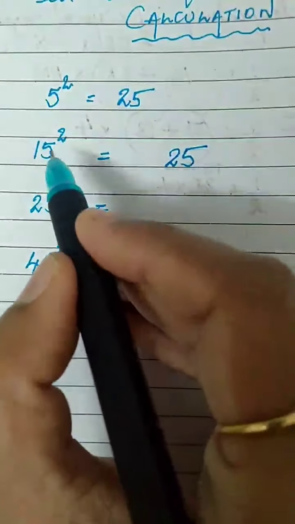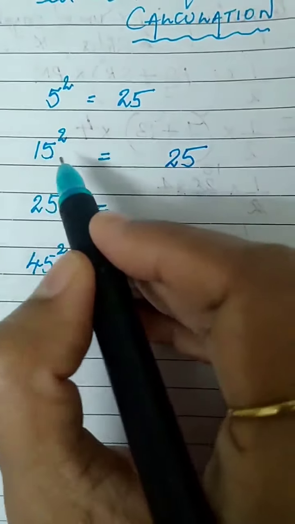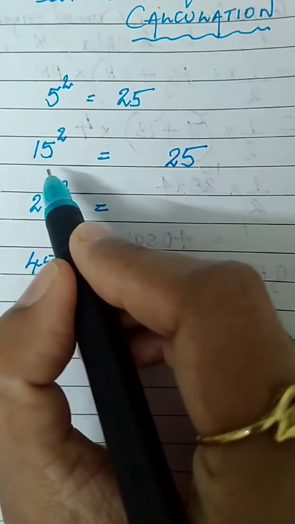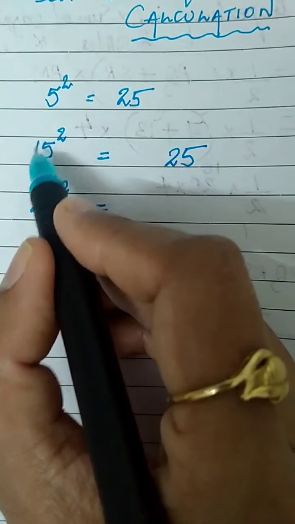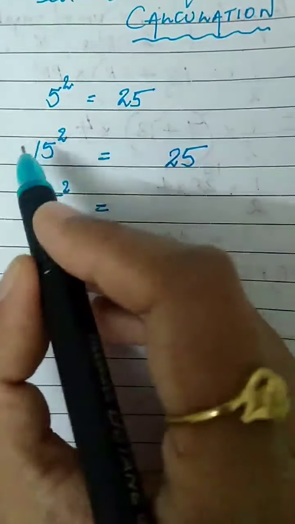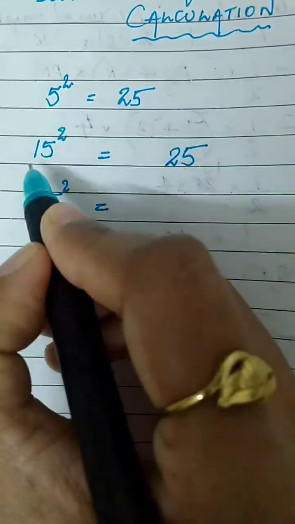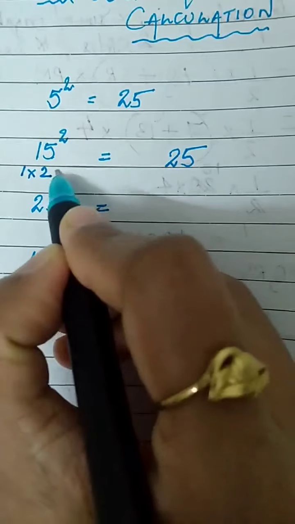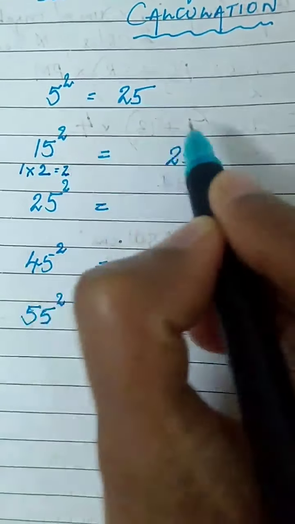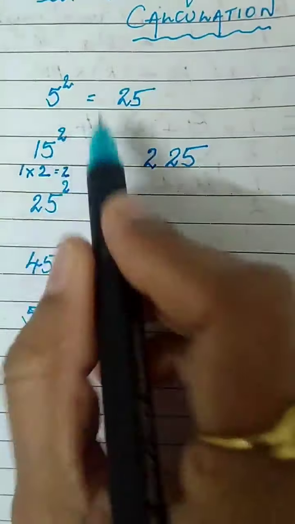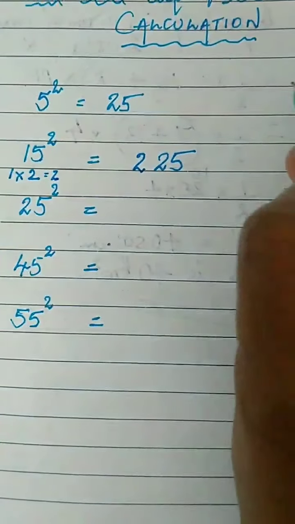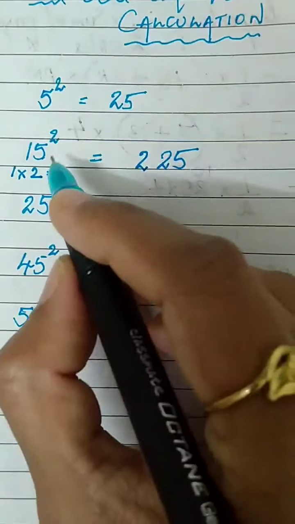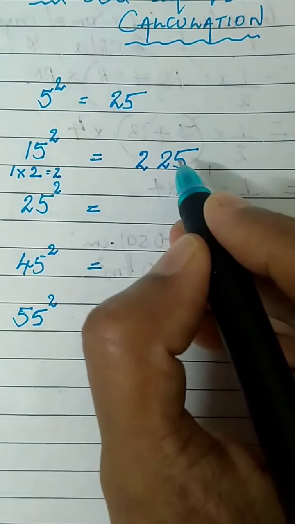Now in your mind, look at the tens place digit. Here the tens place digit is 1. When you are counting numbers, natural numbers, which is the number which comes after 1? After 1, you have the next number as 2. Just multiply those two numbers. 1 into 2 is equal to 2, right? So put this 2 here and you have the answer. Rather than doing 15 into 15, you have the answer within seconds. So 15 square is equal to 225.